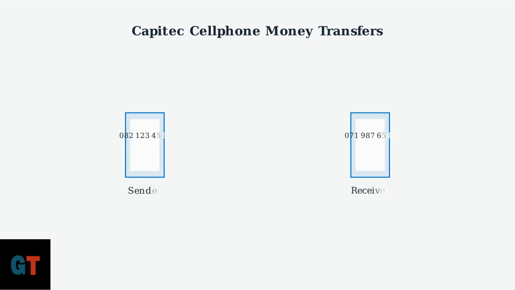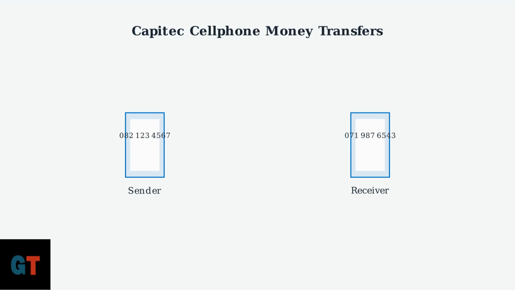Capitec offers a revolutionary service that simplifies money transfers by using just a cell phone number. This innovative feature eliminates the complexity of traditional banking transfers. The concept is beautifully simple. You only need the recipient's South African cell phone number to send money directly to their bank account, regardless of